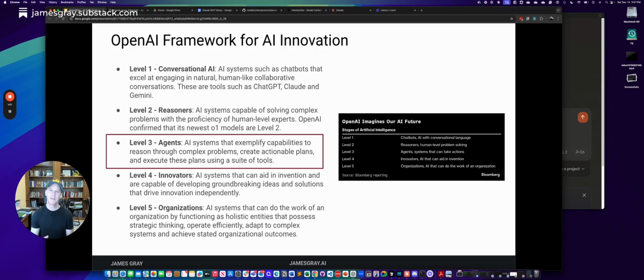Agents are essentially software systems that do a couple of things. One, they reason through the problems that we give them. They break those problems down into plans. They actually take action through a set of tools that we give them, and we're going to go through an example using Claude around how we enable Claude Desktop with a set of tools.